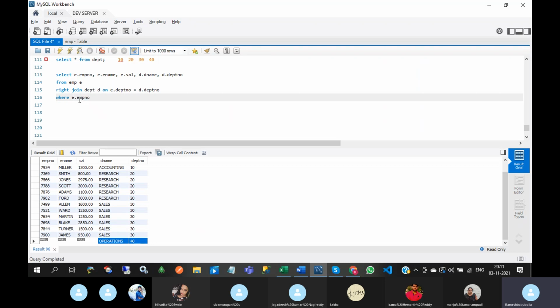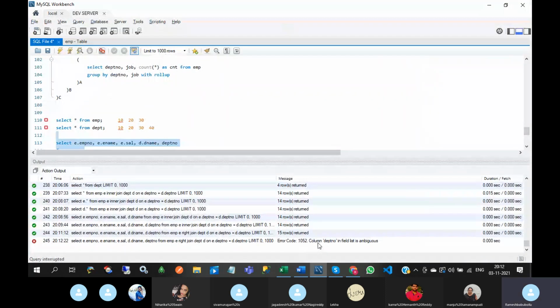Remember one point: if you are using joins, don't forget to give alias names. If you forget to give alias names, what will happen? Let me check. See this. Here I am not giving an alias name, just department number. Department number exists in both tables, so the error says the column department number in field list is ambiguous.